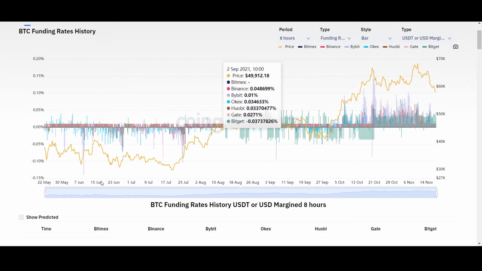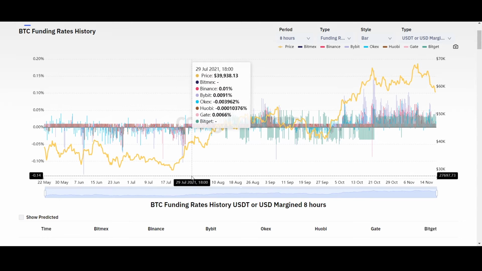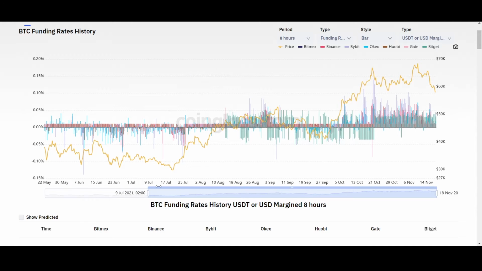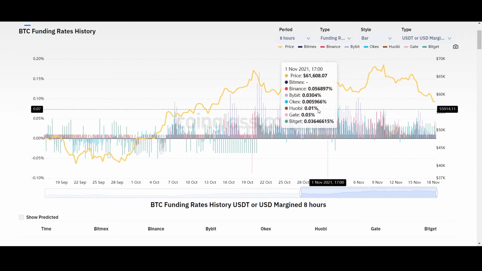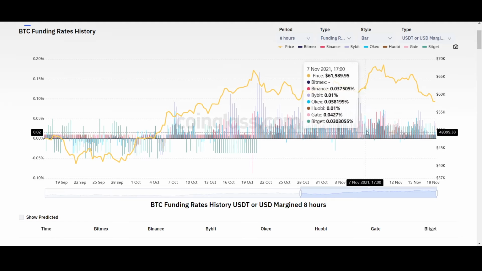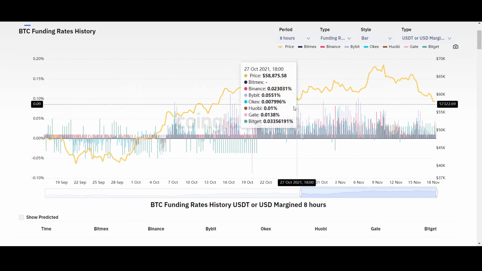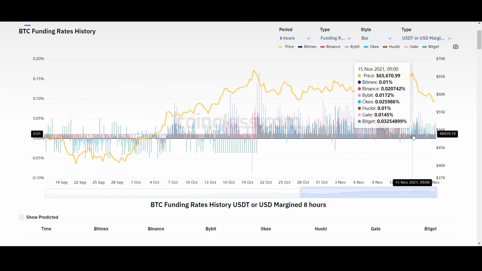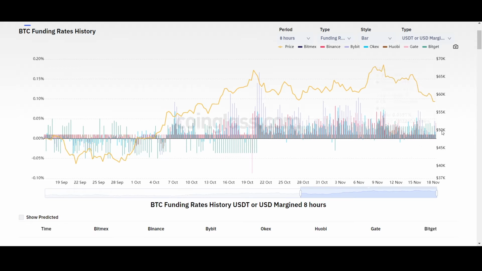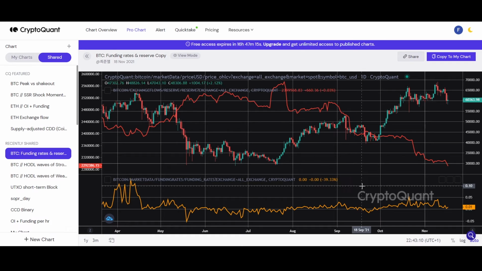However, it's getting maybe a bit less euphoric than it was right here, when the volume of those betting for Bitcoin from here has literally slowed down. So right now, as we can also find on this chart of Bitcoin funding rates, we are heading right back